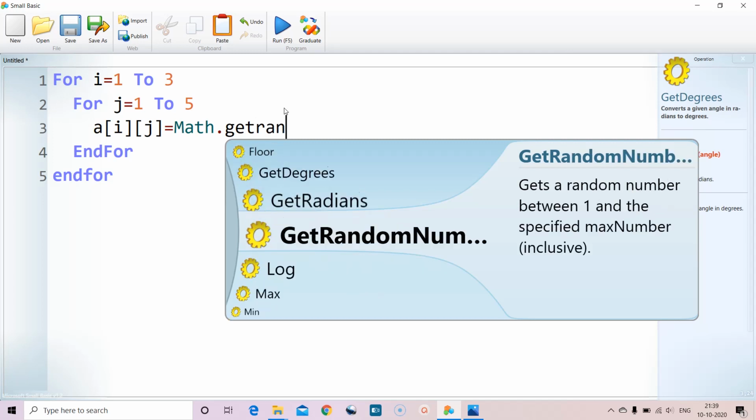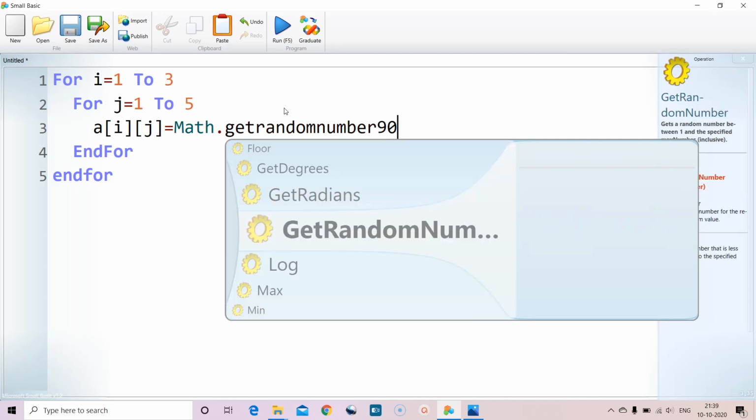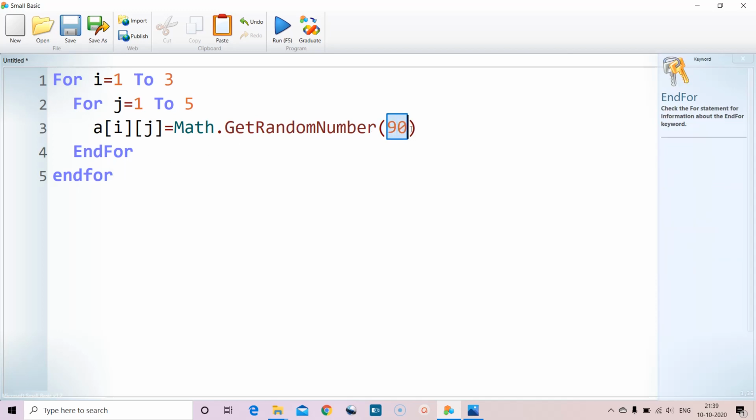Get random number. So within which range you have to generate numbers? Maybe 15. If you say 15, 1 to 15, it will generate. So let us say, for example, let us take 90. 90 means any number between 1 to 90.